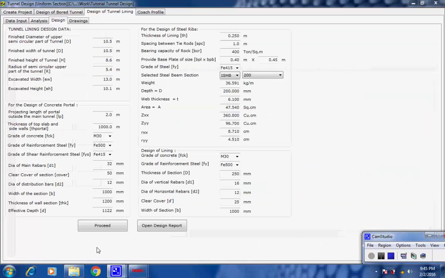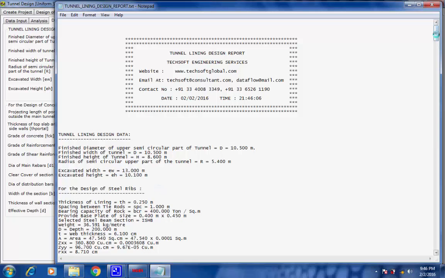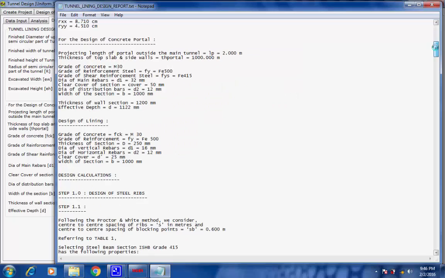Next, we select the tab Design. The various default data is provided to help the user. We keep the default data without any change and click on button Proceed. As the design is done, the design report is displayed in the workspace. To view the design report,